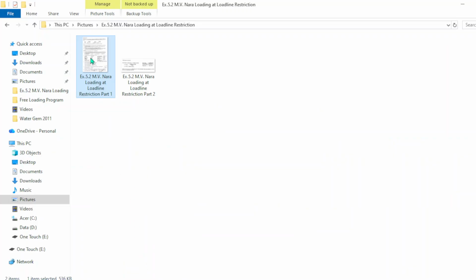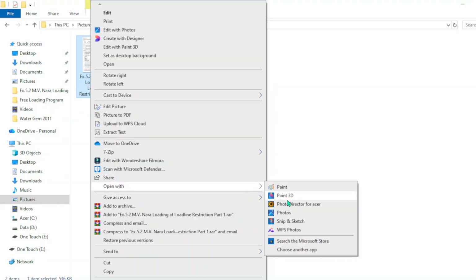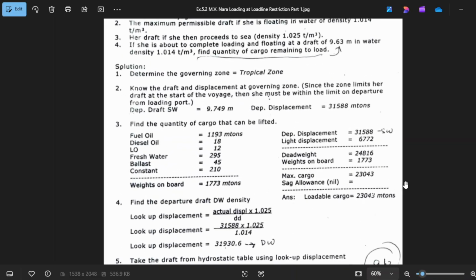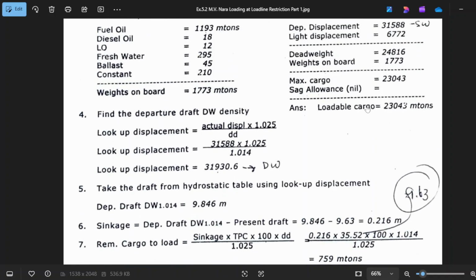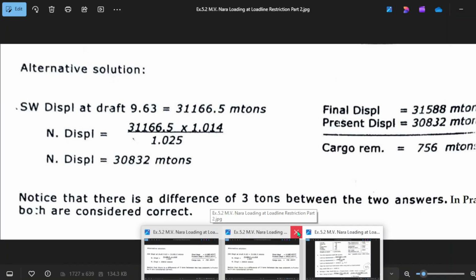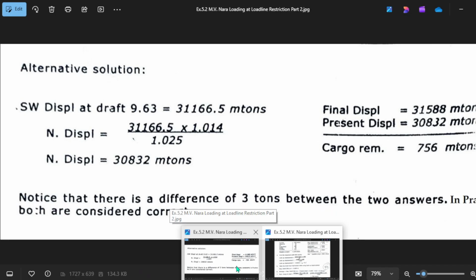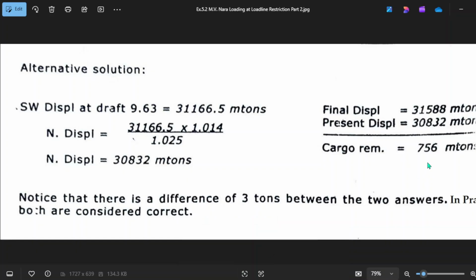Okay, let's go back. What happened here? It is 759, and according to this it is 756.